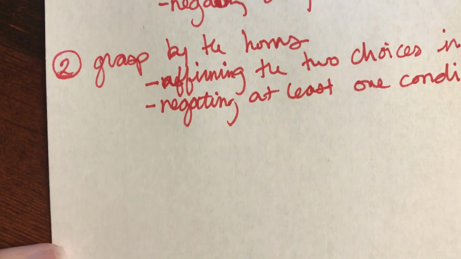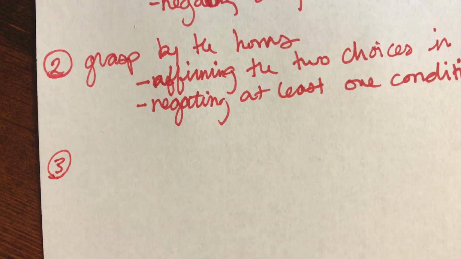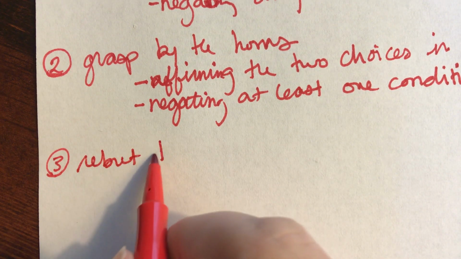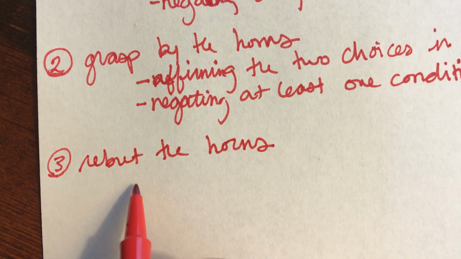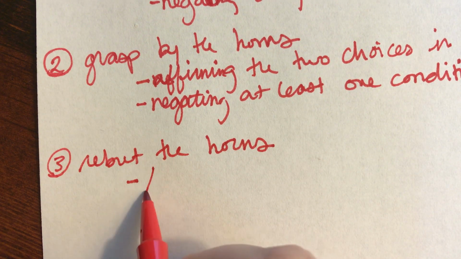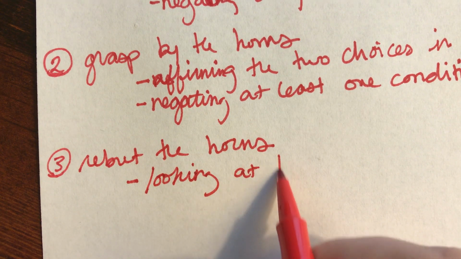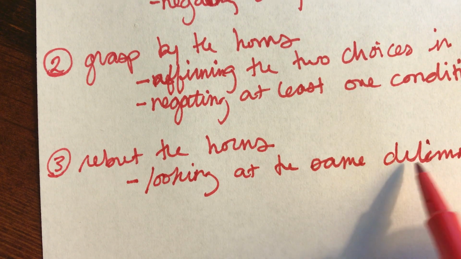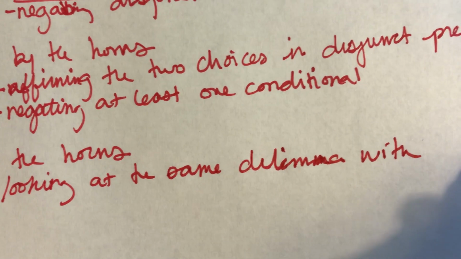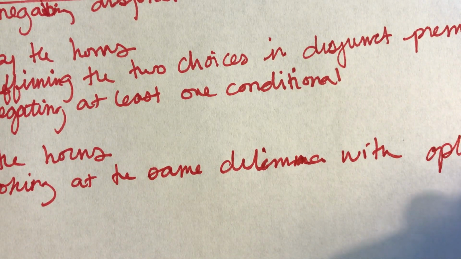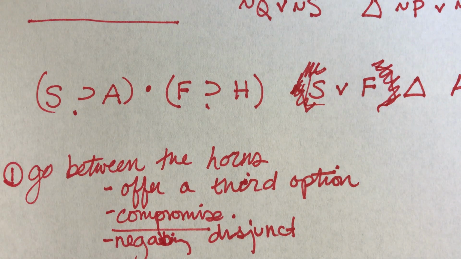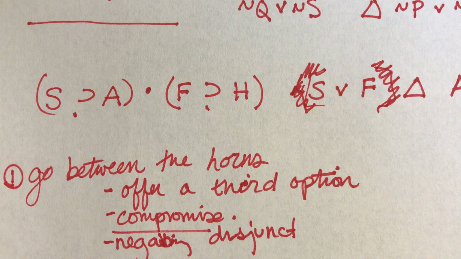Okay? The last one is the one I think y'all probably find the hardest. Okay? And this is called rebut the horns. Rebut the horns. And this is sort of looking at the same dilemma with optimism. Okay? And the way you would do this was you would say, you're right, if I study,